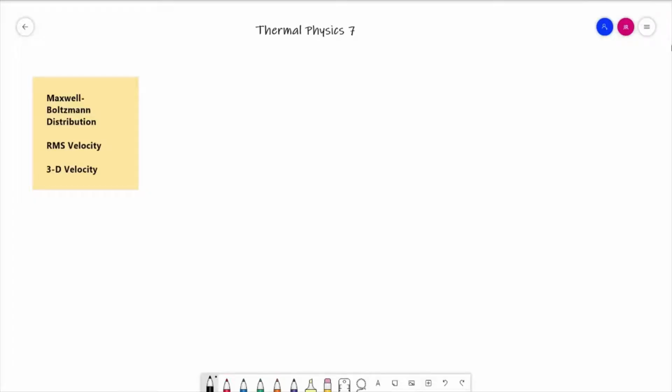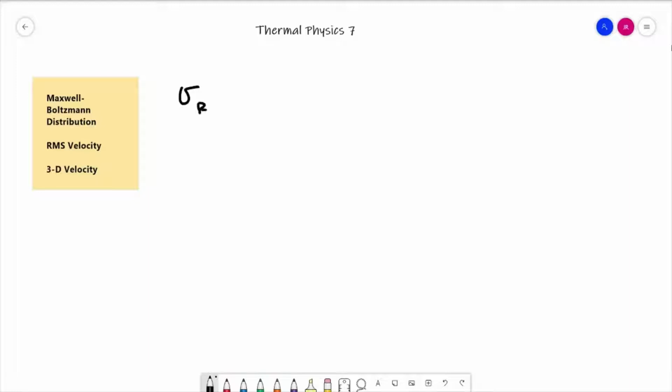Hello everybody and welcome to Thermal Physics Lesson 7. Now in the last video we looked at the Maxwell-Boltzmann distribution, we looked at RMS velocity and we looked at velocity in 3 dimensions. Now just to bring forward the salient points really from the last video,